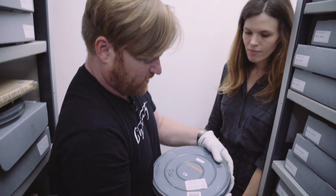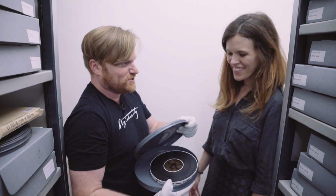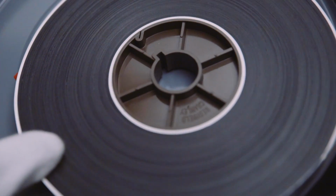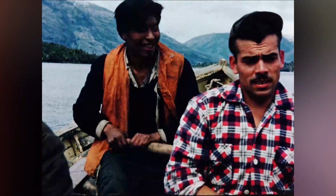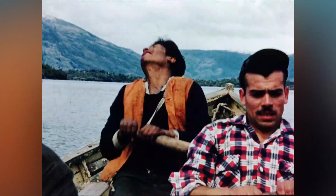And another one from the Laura collection, the ones that you deemed worthy of digitisation in the first round at least. What do we got here? This is lovely. This is a mute film, but it follows the Alacalufe tribe, who are based all the way